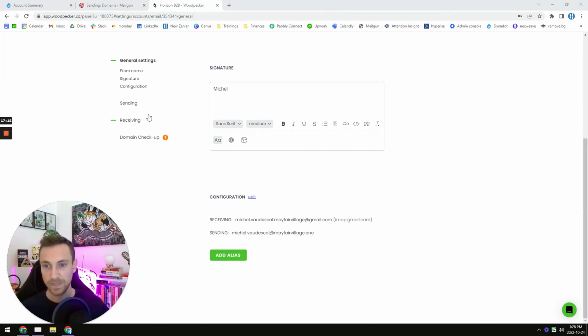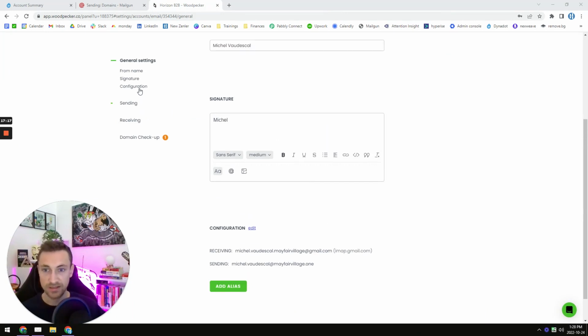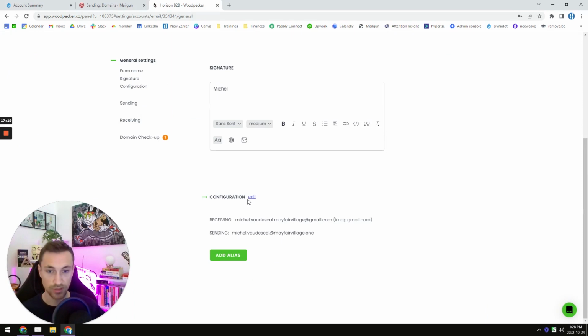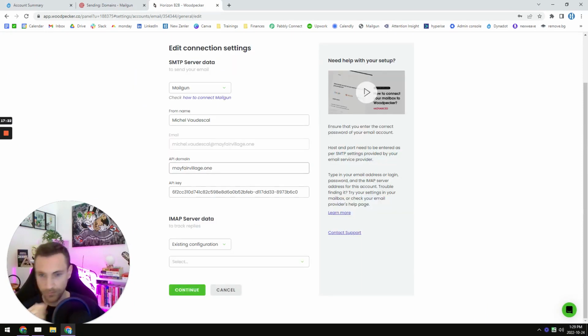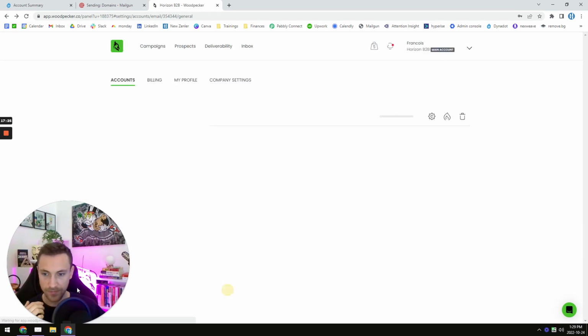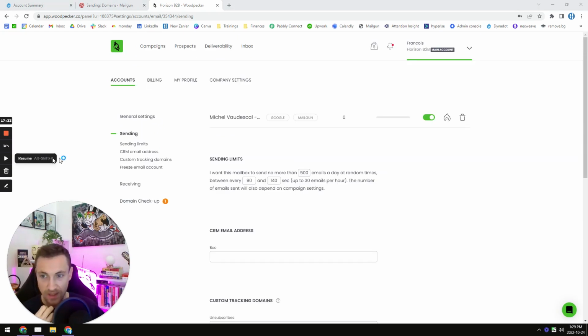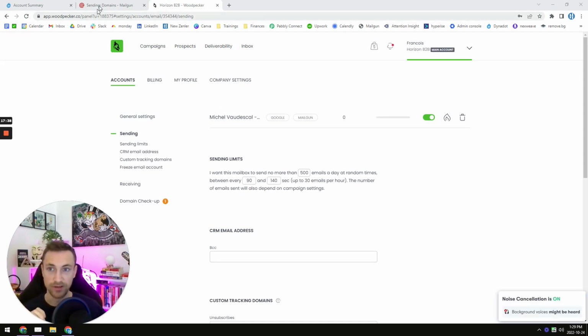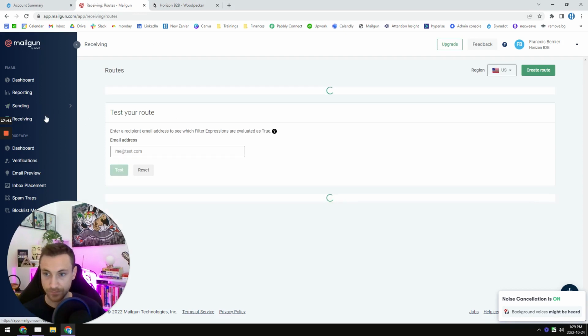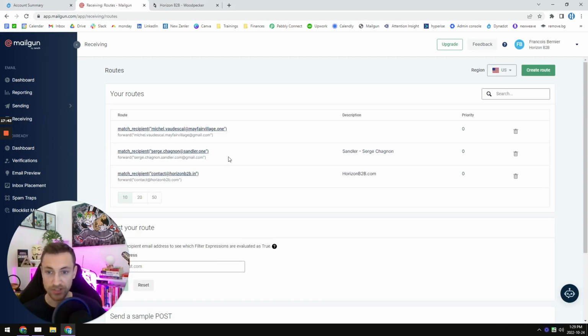And don't forget, there's a step that I forgot. Let me go back to it. Once you have your domain name, there's one thing I like to do. Actually, you don't really need what I was about to show you, because of the way that we configured it. If you remember, we have a receiving route that matches, so it will be forwarded. But one thing you could be doing, if you would like to,